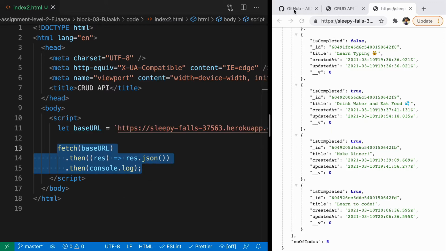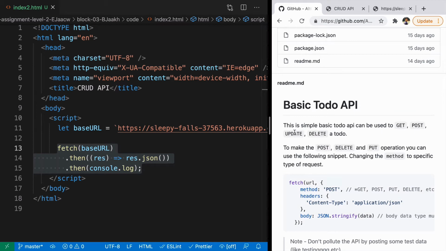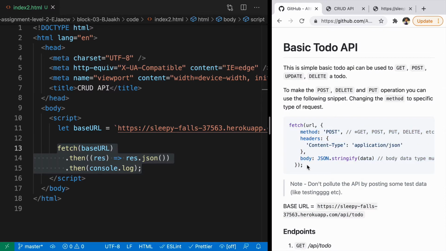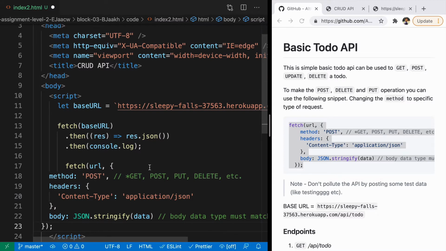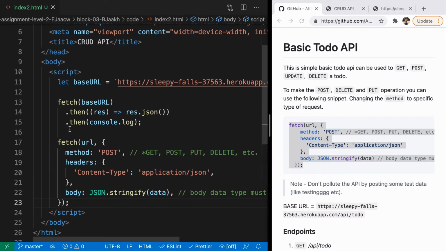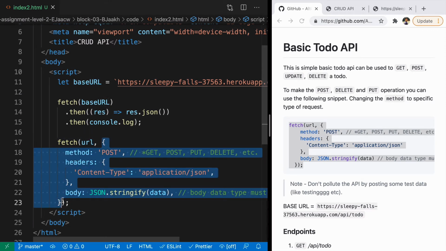There are also other kinds of requests like post, update, delete, right? So how can we use that? To use it, we will be using the same function, that is fetch. The only difference is that when you're calling fetch like this, you will have to pass a second argument to fetch. Till now, we used to send only one argument to the fetch function, and the first argument used to be the URL. Here, we are going to send two arguments. The first argument is going to be the URL, and the second argument is going to be an object with multiple properties.